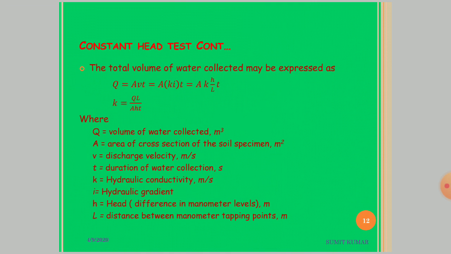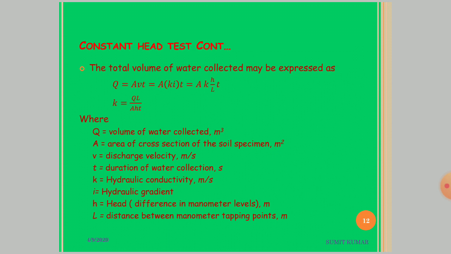The total volume of water collected may be expressed as Q is equal to area into velocity into time. As per Darcy's law, we can write velocity V is equal to K i. Then Q becomes A into K into i into t. After putting the value of i as h by L, we get permeability K is equal to QL by AHt,